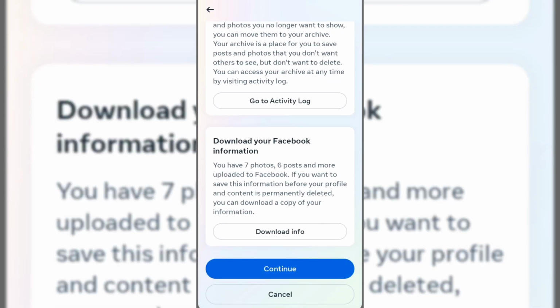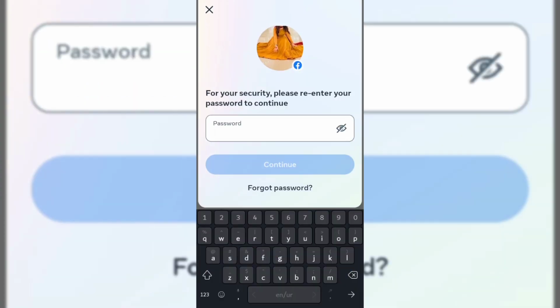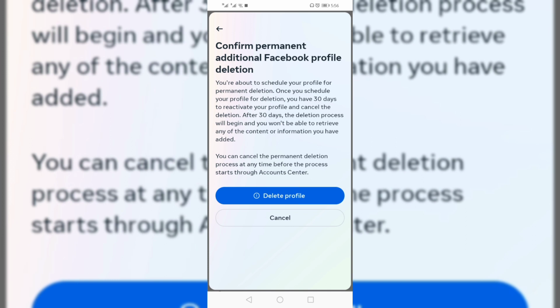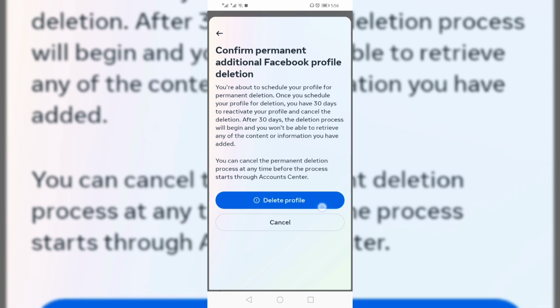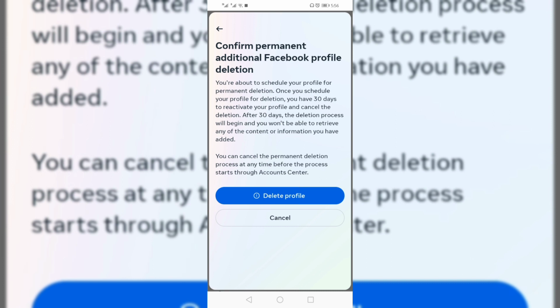Tap on continue, and here you have to type your password. And here you can see they have sent you the information. Once you schedule your profile for deletion, you have 30 days to reactivate your profile and cancel the deletion. So to delete your account permanently, just tap on delete account and you will be able to delete your account